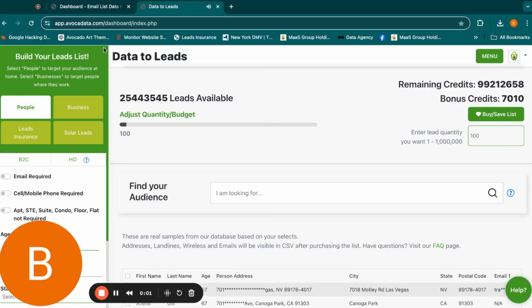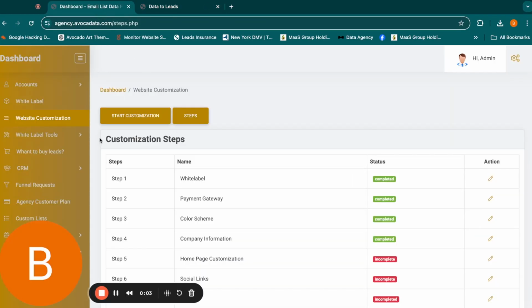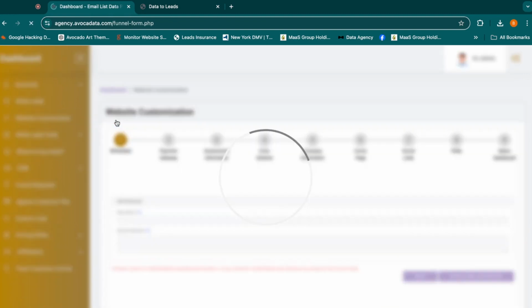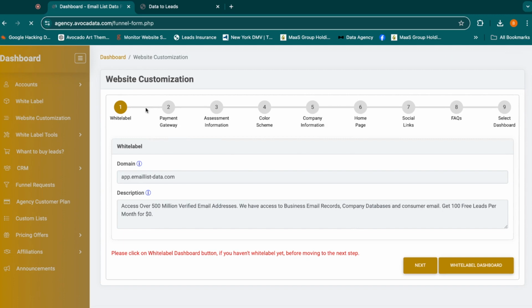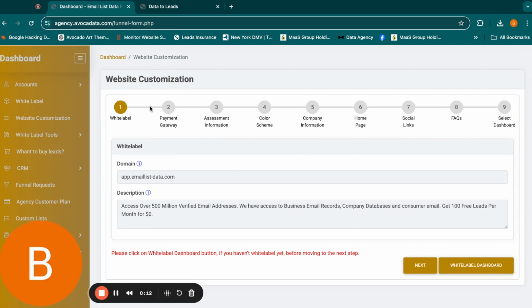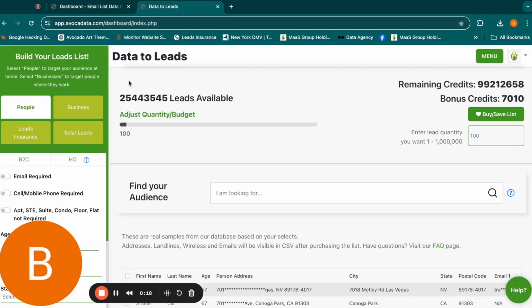Okay, so we have set up the white label. And in this video, we're going to go over the new customization steps on how to get your Avocado white label turned on in less than an hour. So let's get started. So first things first, every account that is made, you can go and access this admin